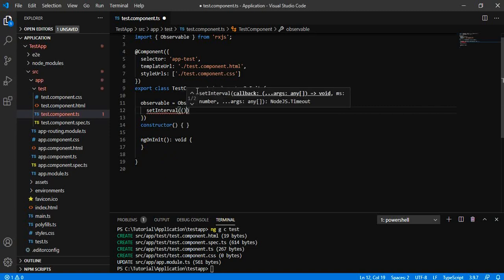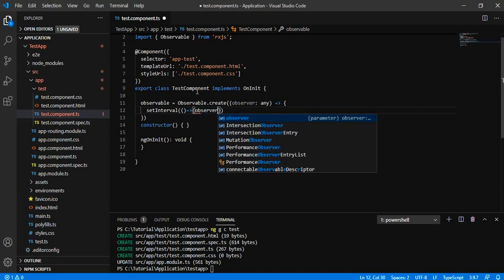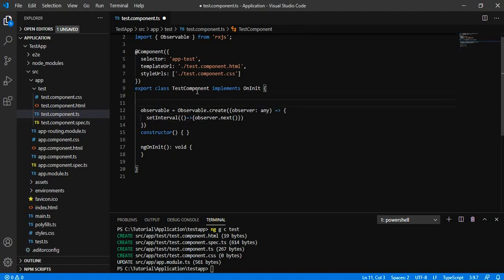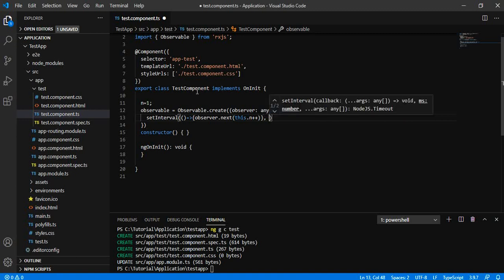So let me add setInterval, and that will keep on sending the values on a timely basis. It will keep on sending the next value, that will be the numeric increment value defined as this.n++, and it will keep on sending 1 2 3 4 and so on.